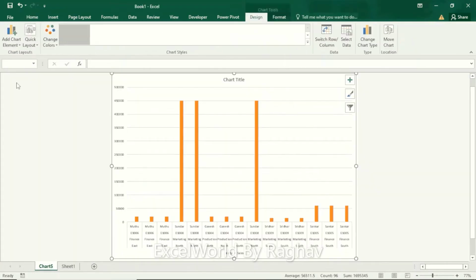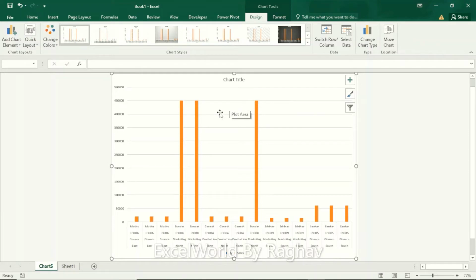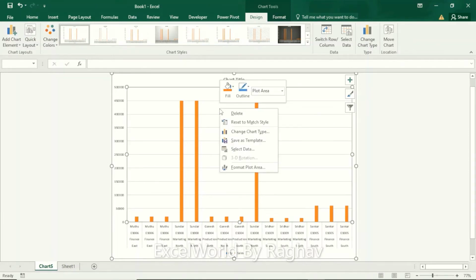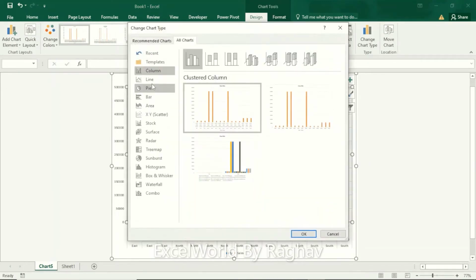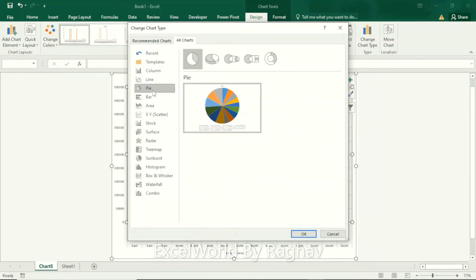F11. So automatically a new sheet gets created and it will show as a chart. So if you are not interested in having the bar chart, simply right-click, then choose Change Chart Type. Here you can see any kind of charts, or you can select the chart which you would like to have. So here I am selecting the pie chart,